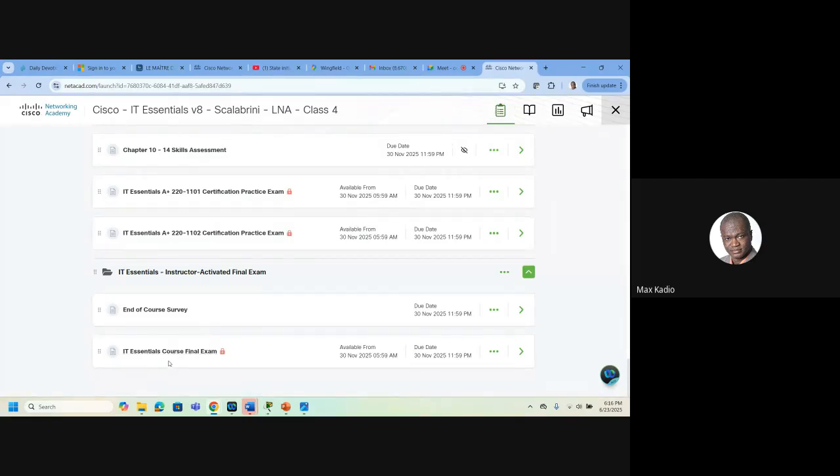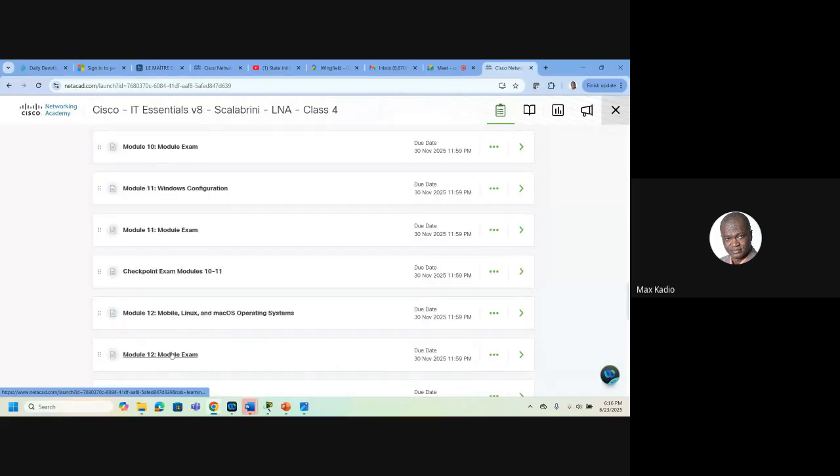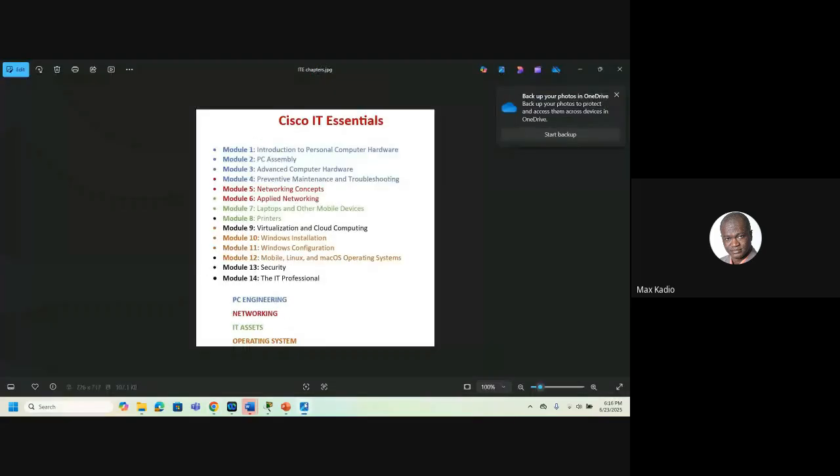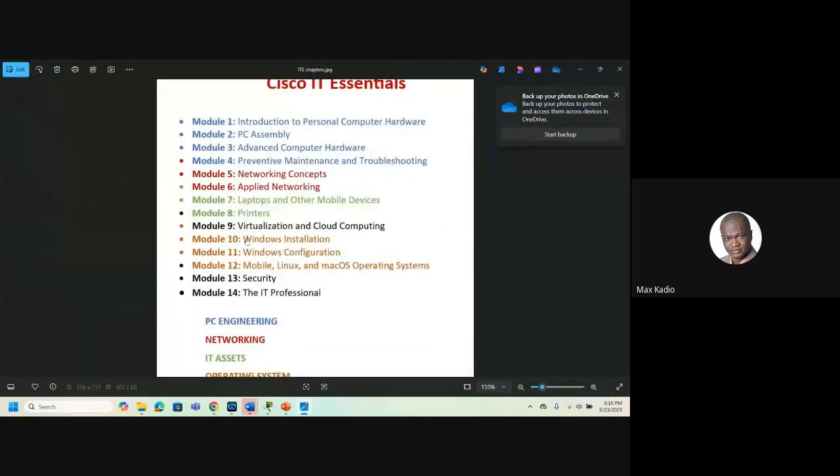So today we're going to do chapter 10, 11, 12. They are very short ones. We teach you about how to install Windows. It's very simple. Normally, when you purchase a laptop or a PC, it's already installed. There is nothing else you can do. But in case you want to install yourself,